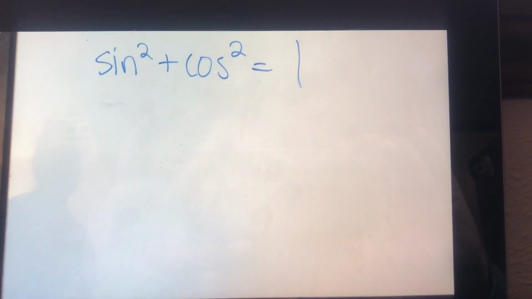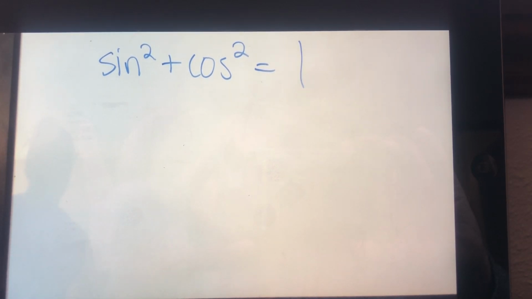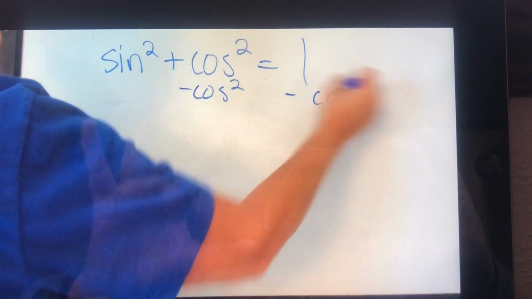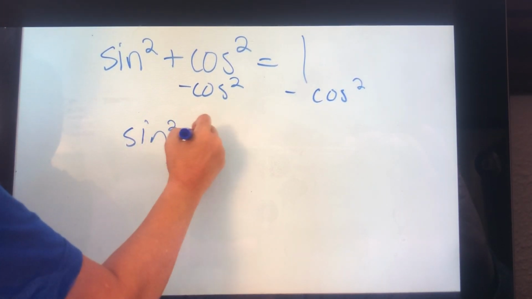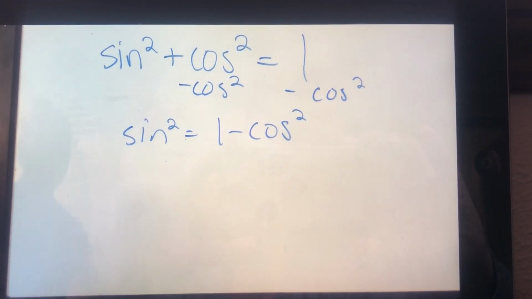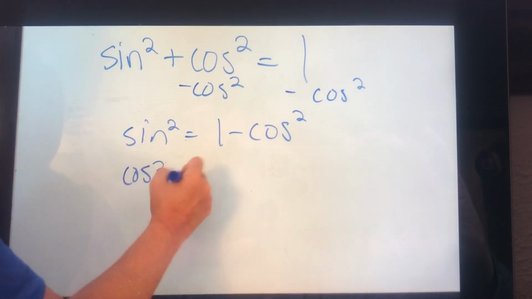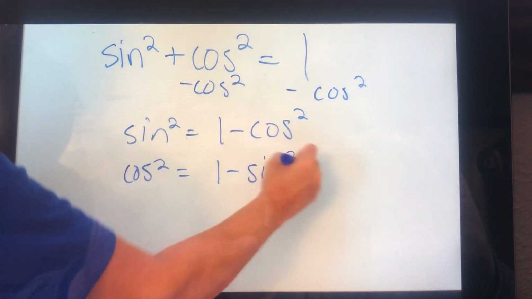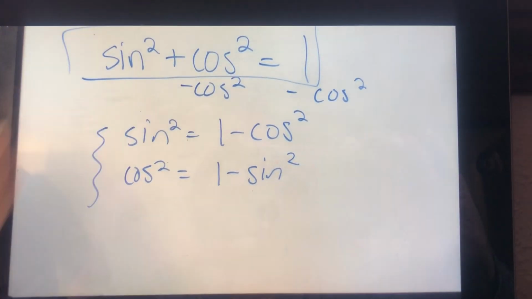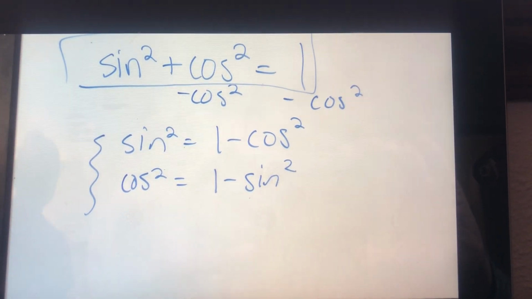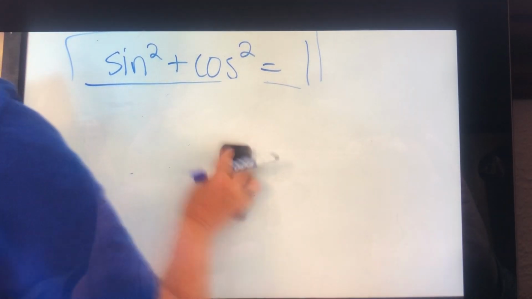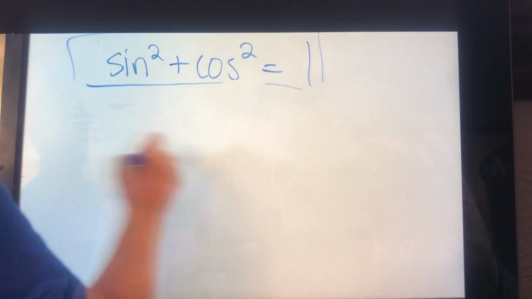that use this Pythagorean identity. Okay? We just did one where if you subtract the cosine squared off, sine squared is equal to 1 minus cosine squared, okay? And then with that being said, cosine squared is equal to 1 minus sine squared, okay? Those both come from this Pythagorean identity, all right? Now, there's a few on here today that are backwards. And what I mean by backwards is it has cosine squared